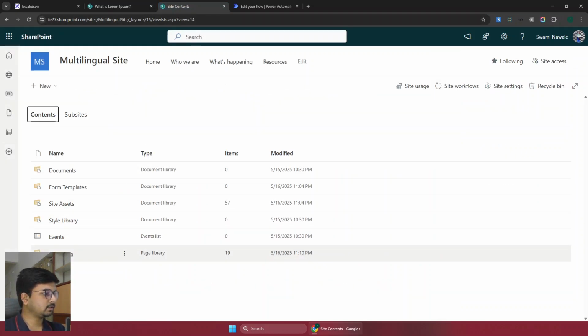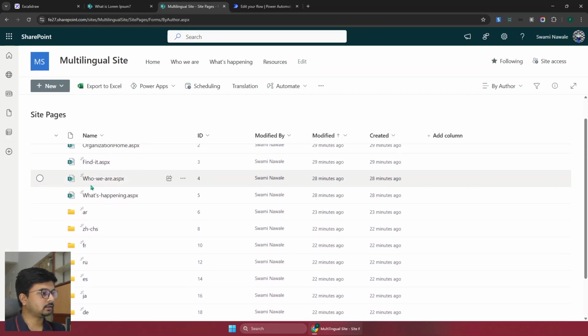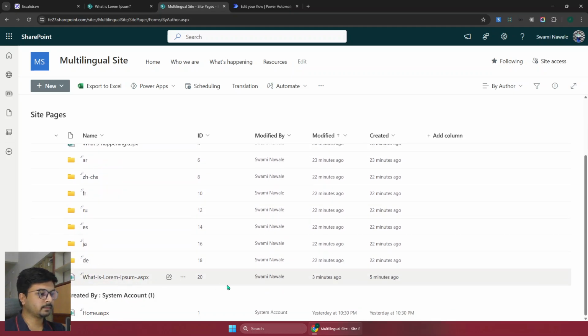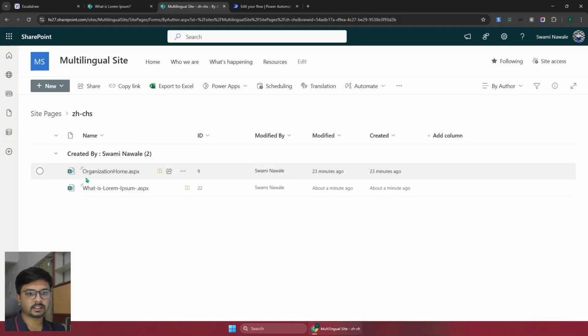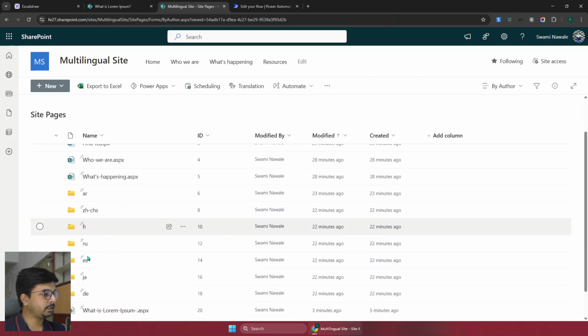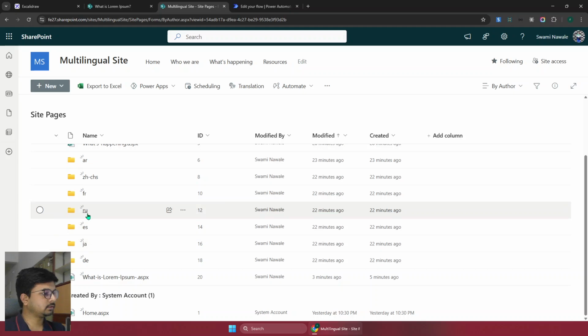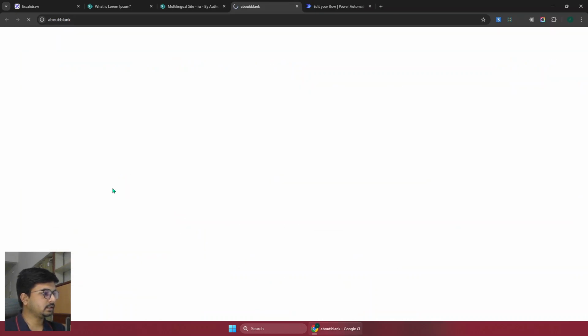Let me go to the site contents, then site pages. Here, as you can see, I have created the lorem ipsum page, and these are the copies for all the languages. This is SharePoint out-of-the-box functionality. We don't have to create any flows to have those pages in a specific language folder. Let me just open the page. This is, I think, the Russian language. If I click on it,